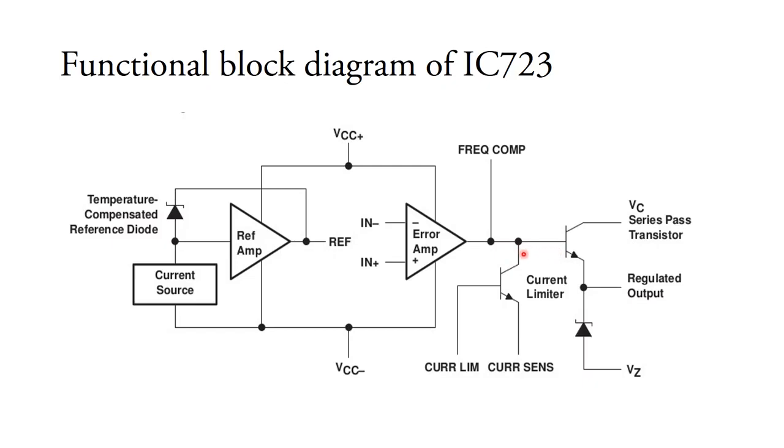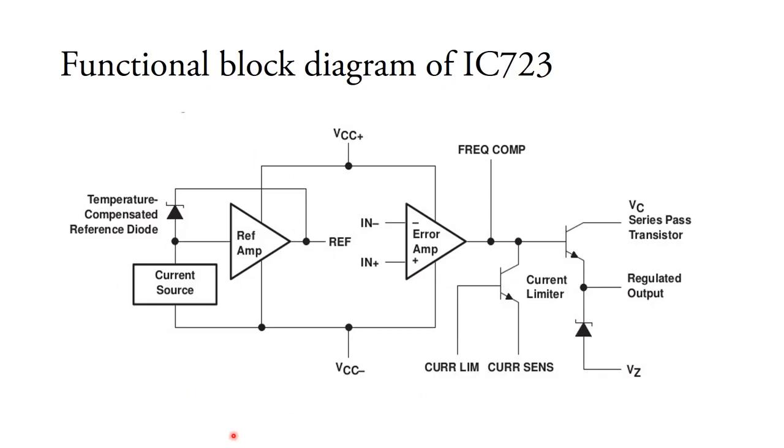The current flow getting to this transistor increases. So understand, under normal operation, this transistor will be in the off condition. If the current exceeds the current limit value, then the transistor is set into the on condition to limit the current. So there are four blocks: voltage reference amplifier, error amplifier, current limit circuit, series pass transistor.